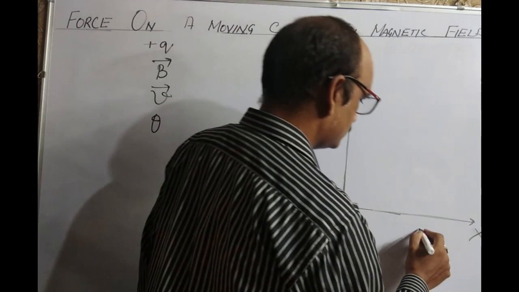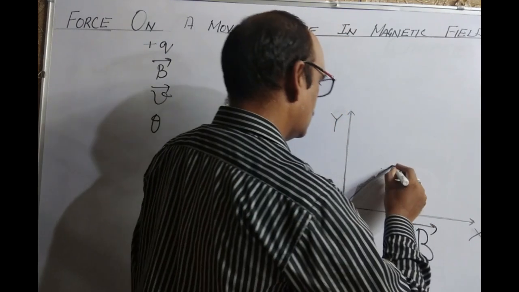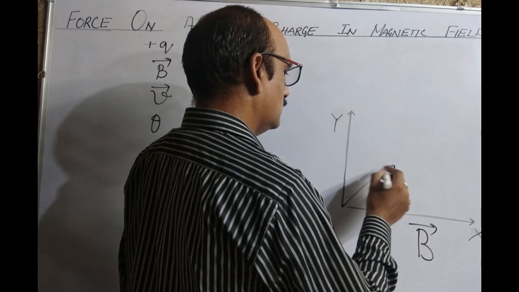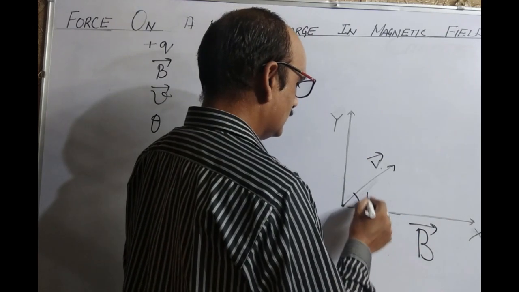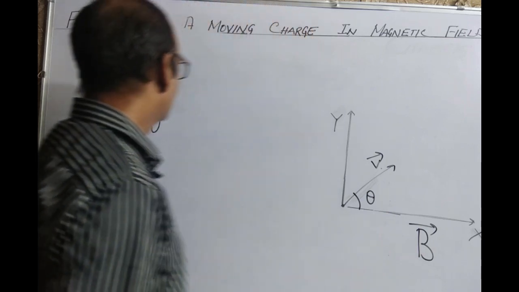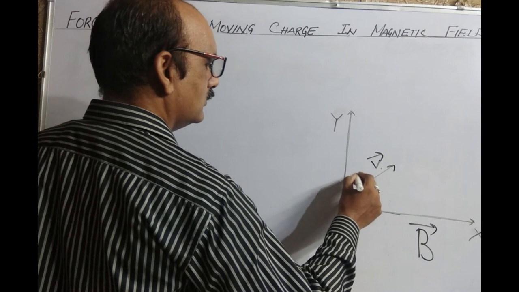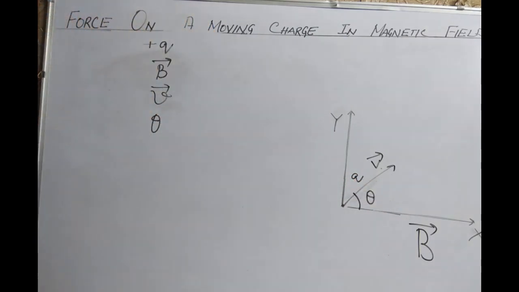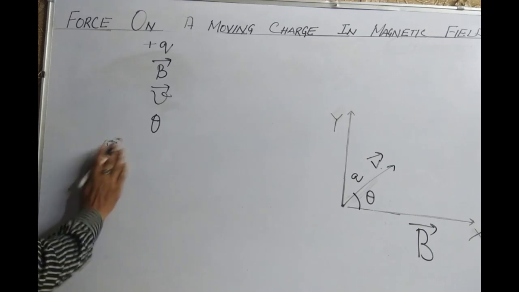This is the direction of the magnetic field, this is the direction of velocity, and this angle is theta. Then the charge Q will experience a force, and this force F